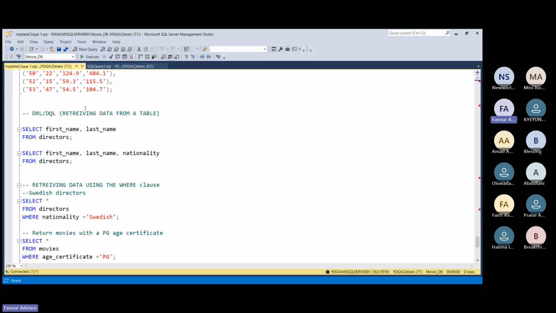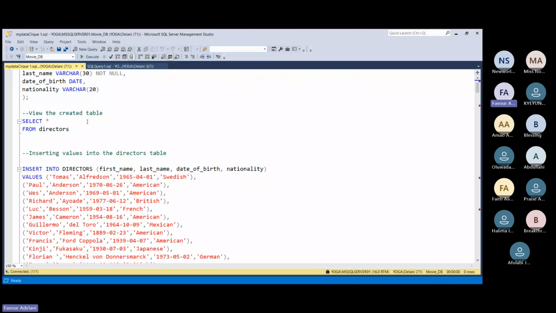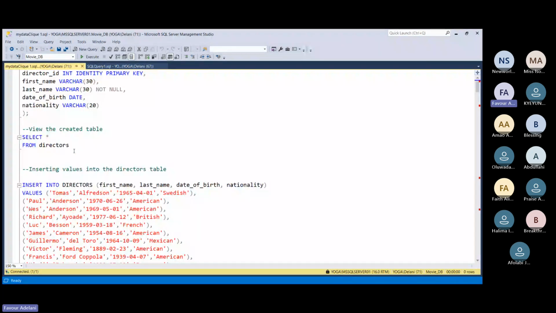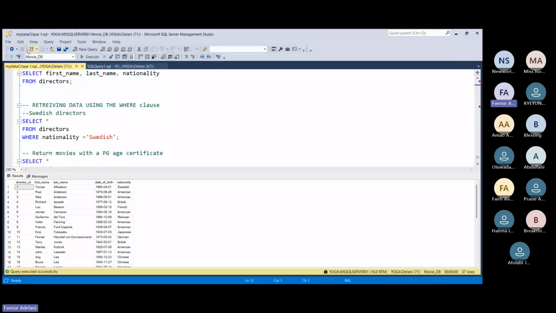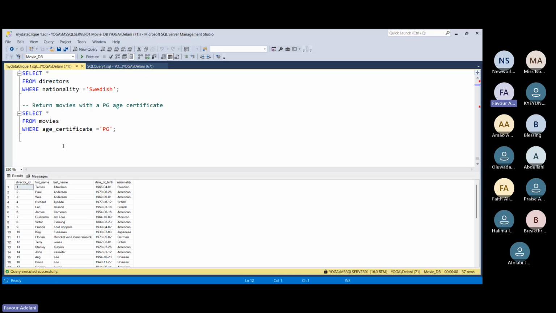functions in SQL. Now, yesterday, having created these tables, we were able to not just create them, but also populate them. And if you remember from yesterday, we created four tables: the directors table, the movies table, the actors table, and the movie revenue table. And I said yesterday, while we were about to complete the class, that as we go on, it gets more and more exciting. Now, yesterday when I started with the DRL commands, I said we use the DRL to retrieve data